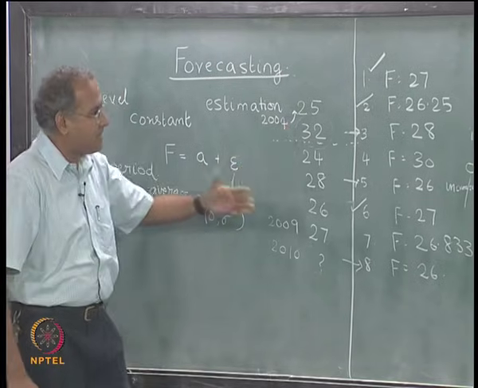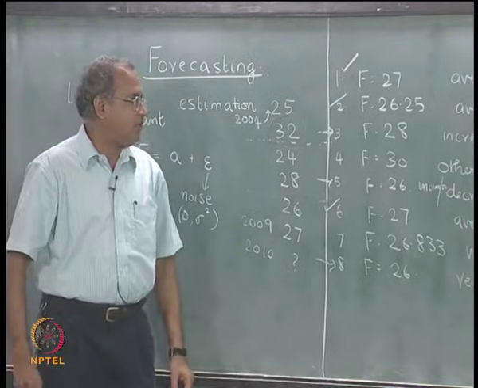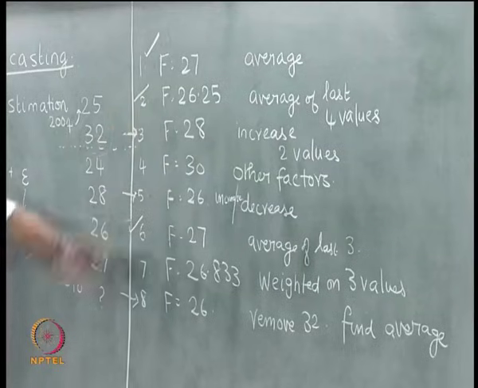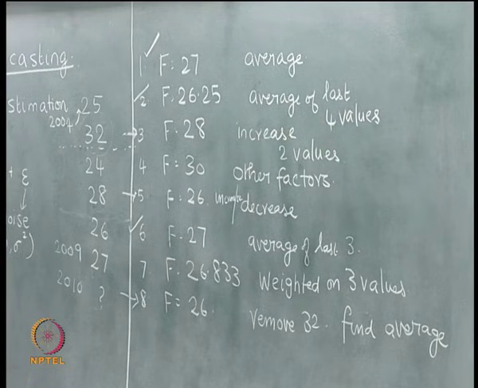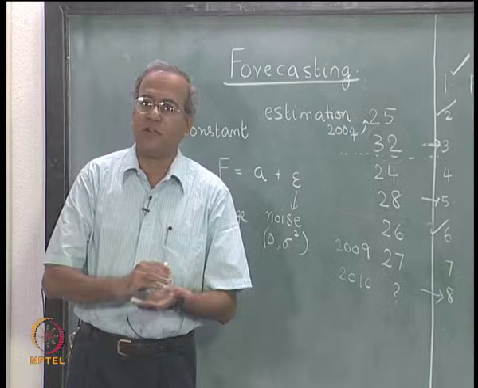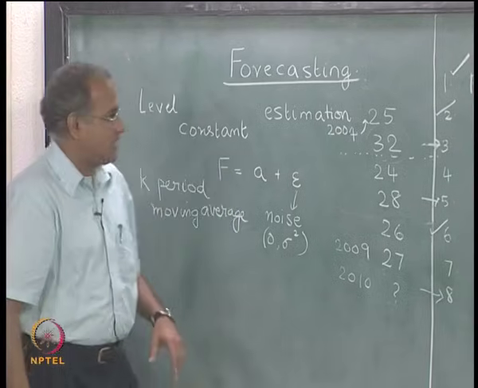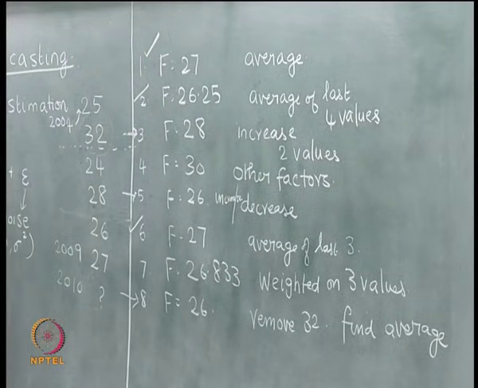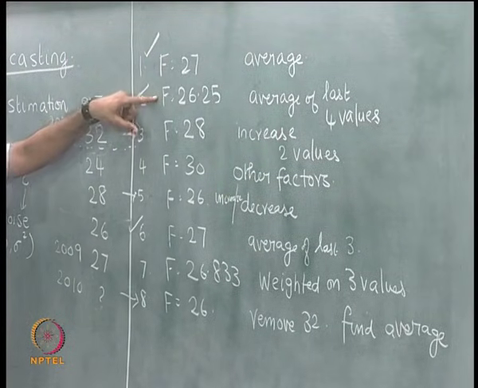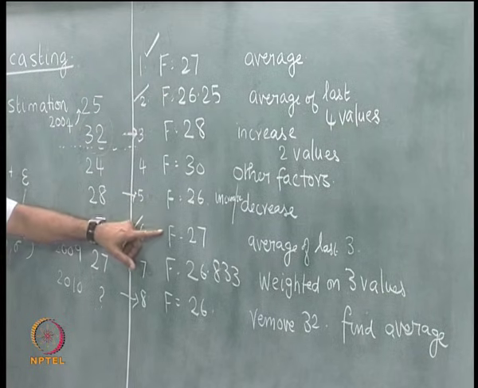But then as we keep increasing the k, for example, a 4 period moving average gave 26.25, a 6 period moving average for this data would mean that you are taking all the 6 data points, and an n period moving average, if there are n data points, will be the simple average itself. So, moving average is related to simple average, it is also related to weighted average. So, this is another form of average, which is the moving average. A 4 period moving average is shown here, a 3 period moving average is shown here.